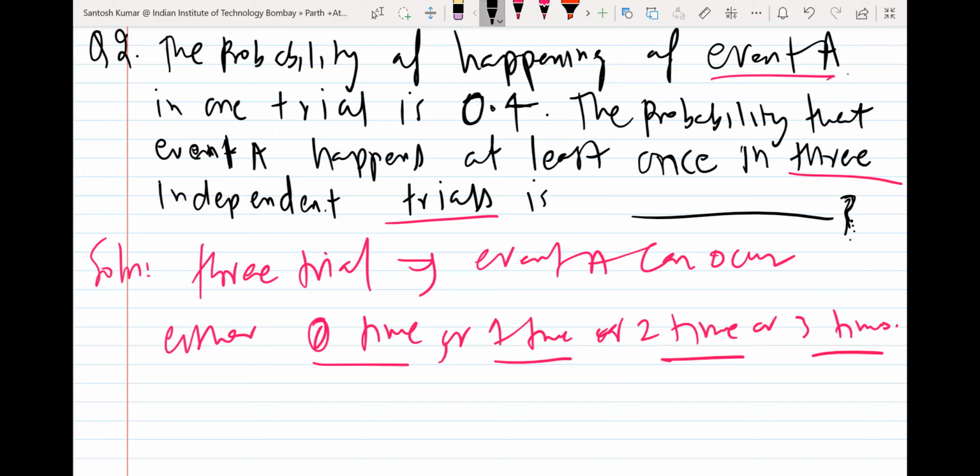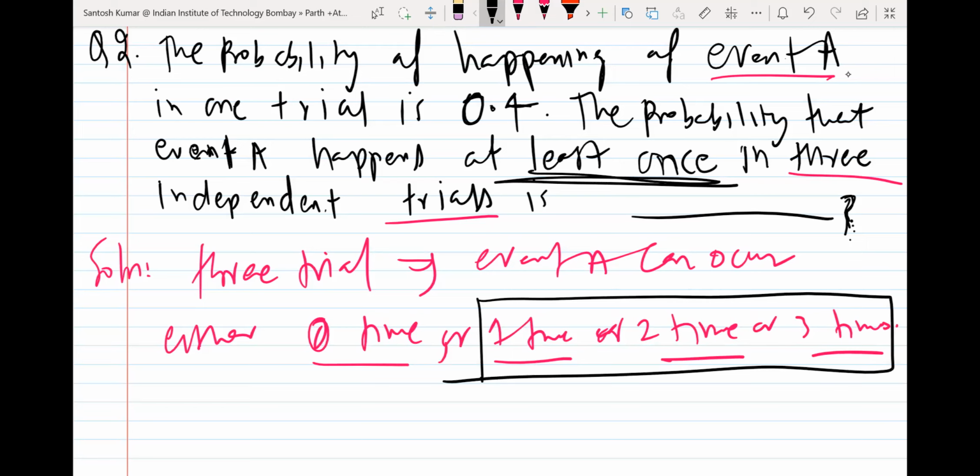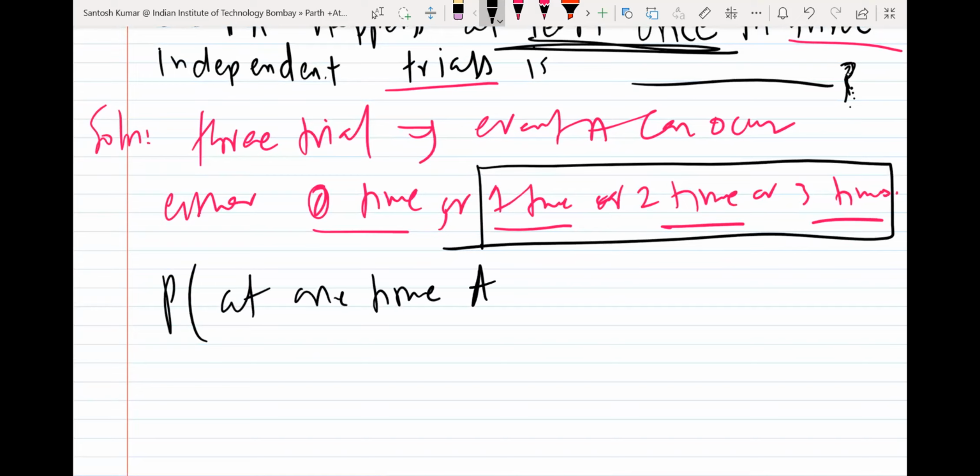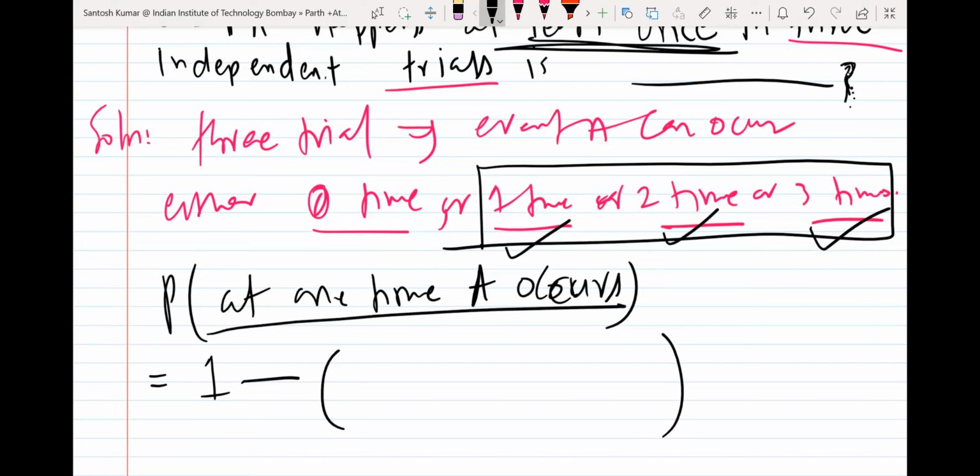They asked you the probability that it will happen at least 1 time. So at least 1 means either 1 time or 2 times or 3 times, and all possibilities are these 4, right? If you do it directly, you have to find how many times A occurs, how many times 2 occurs, how many times 3 occurs. So better is you take the complement. So 1 minus the complement of this sentence, at least 1 time A occurs. The complement will be the left one, so 0 time A occurs.